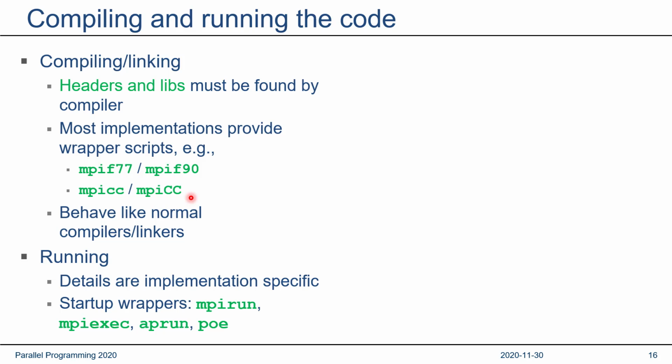Running the code is just as badly defined. The details are very implementation specific. A whole collection of typical wrappers exist. The oldest one is probably mpirun, but there's also mpiexec. On Cray systems, it's called aprun. On IBM systems, it's called POE, and there are some others. So again,